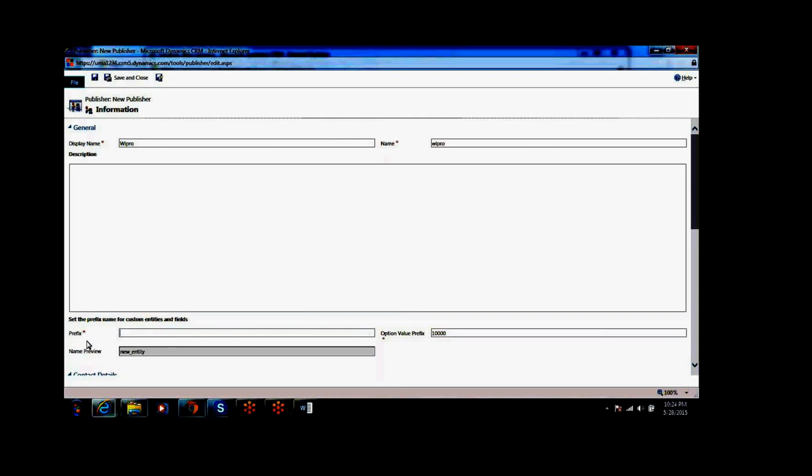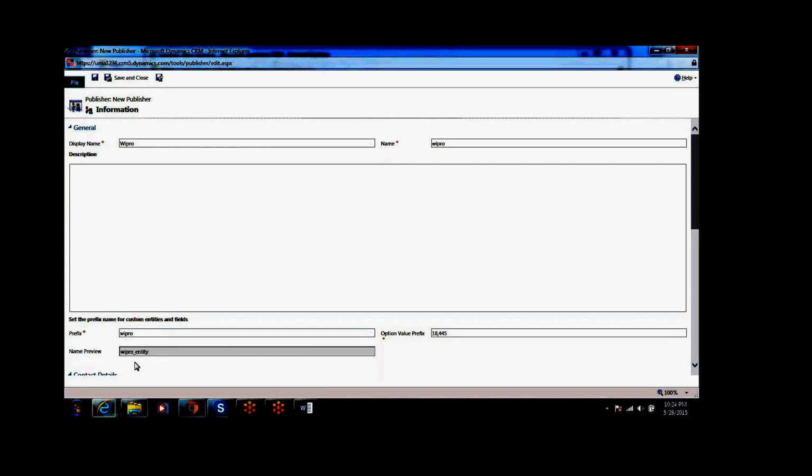If I define Wipro, then whatever fields or entities I am creating, it will create the naming convention. It will come as Wipro underscore entity name.